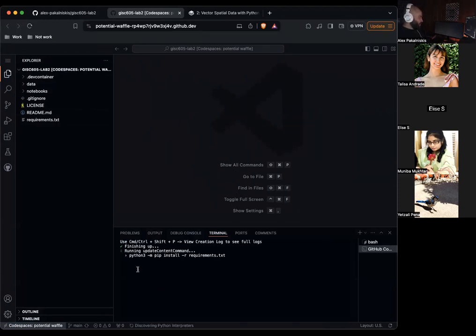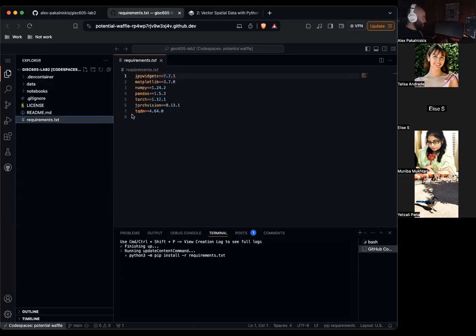So you can see that this workspace is automatically installing everything that's in our requirements.txt file using a pip utility. And so it just does this on startup. So you can see in this requirements.txt file, there's a few Python libraries that are already there.